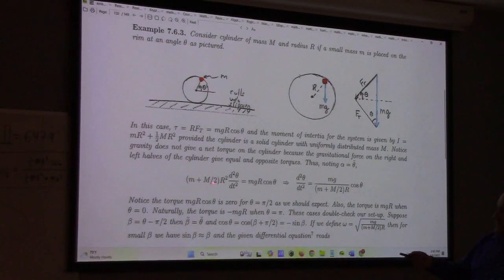See, why is this r squared? Well, in my example we just did over there, we put the cat at radius a from the rotation axis, right? This one, we're at radius r from the rotation axis. So that's why I have a little m here. Little m r squared is the moment of inertia for the little mass. All right, so lo and behold, this is the differential equation that we have to solve to find the equation